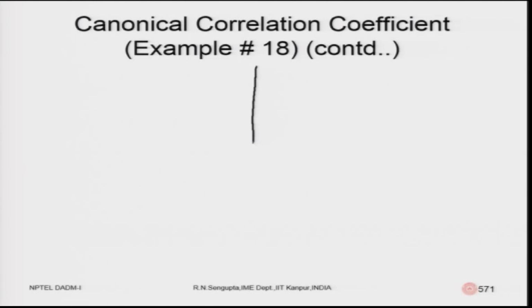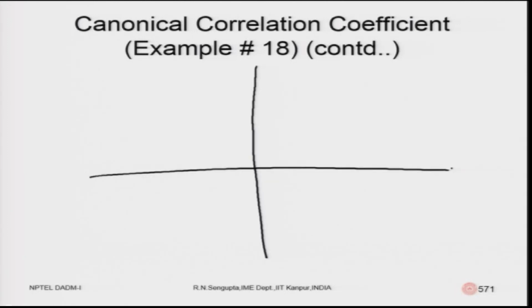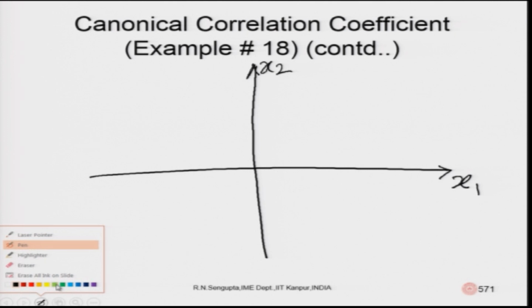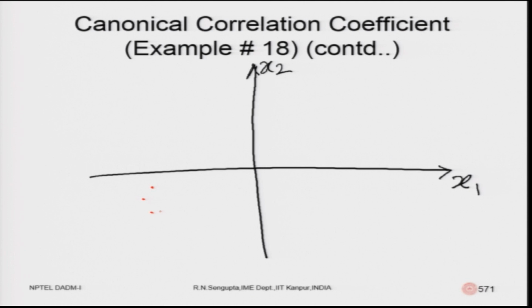So, consider this is the relationship between x1 and x2, these are random variables. Consider they are positively correlated, and the correlation is greater than 0 and less than or equal to 1. So, let me use the red points. They would be scattered in this way.